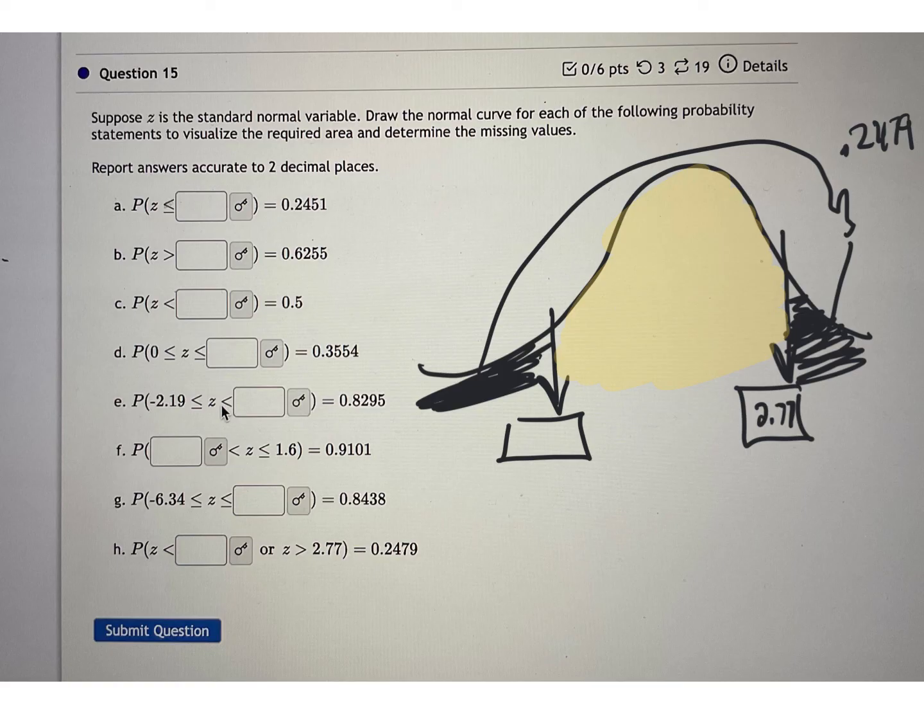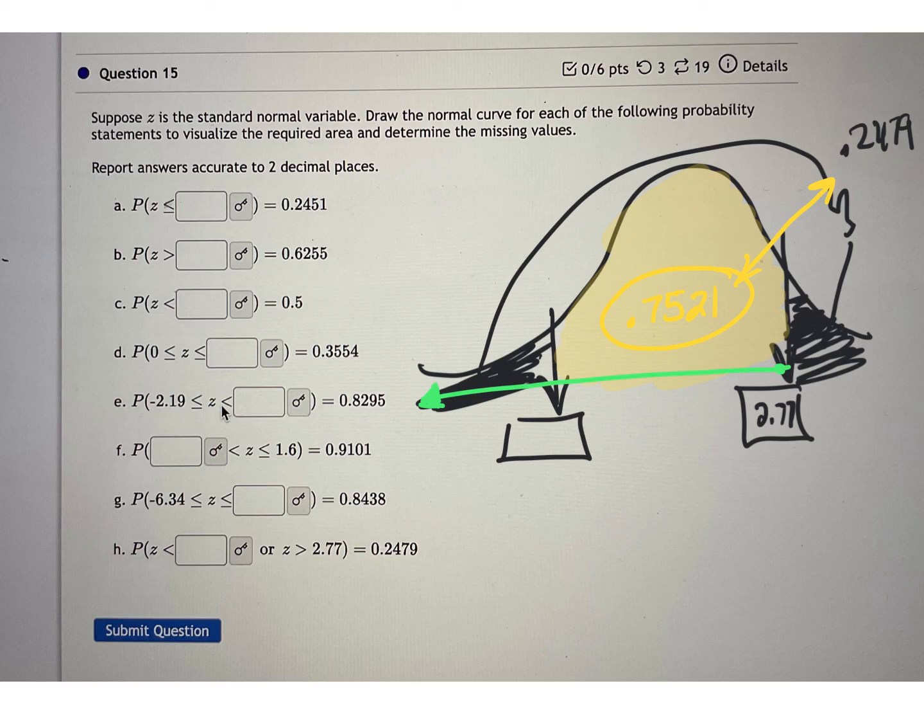is equal to 1 minus 0.2479. And how do I know that that's 0.7521 or 75.21% of the whole area? Because these 2 things have to add up to 1 because we have 100% of the data covered. Right? So now that I know that, I also know that from here down,